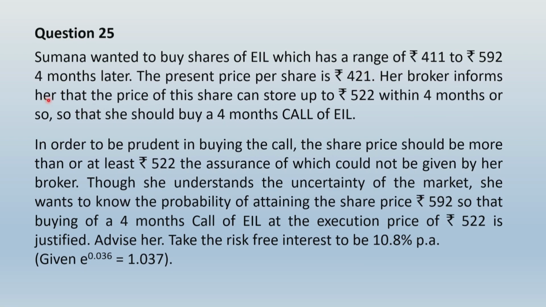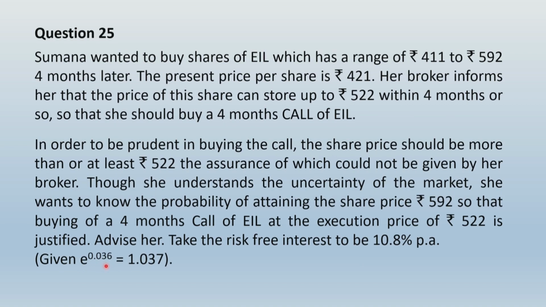Her broker informs that the price of this share can soar up to rupees 522 within 4 months or so, so that she should buy a 4-month call of EIL. In order to be prudent in buying a call, the share price should be more than or at least rupees 522, the assurance of which could not be given by her broker. Though she understands the uncertainty of the market, she wants to know the probability of attaining the share price of rupees 592, so that buying a 4-month call of EIL at execution price of 522 is justified. Advise her. Take risk-free interest to be 10.8% per annum, and